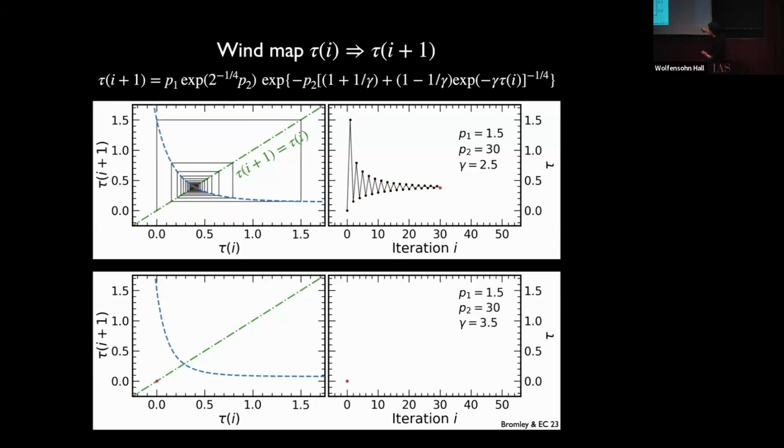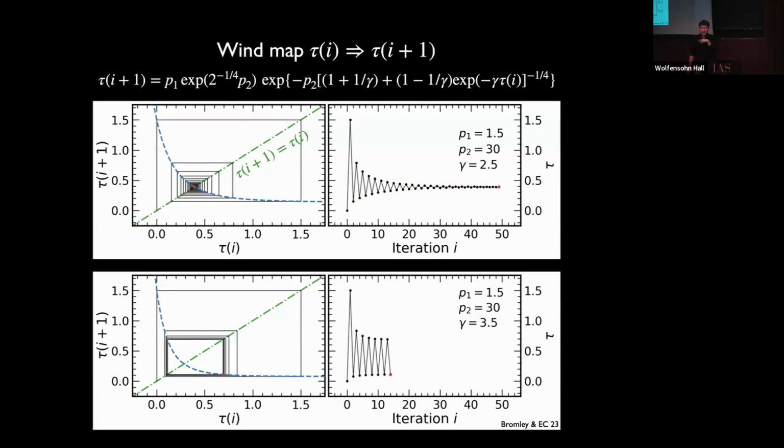But if you increase the gamma, so sort of a stronger nuclear winter, that stable point destabilizes because the slope there is too large. And instead of converging to that fixed point, you actually bounce around it forever, which nicely explains the on-off behavior. You're still not getting the chaos, though. So how do we get the chaos? Well, we get the chaos by thinking harder about what the gamma really needs to be, depending on what the optical depth is.